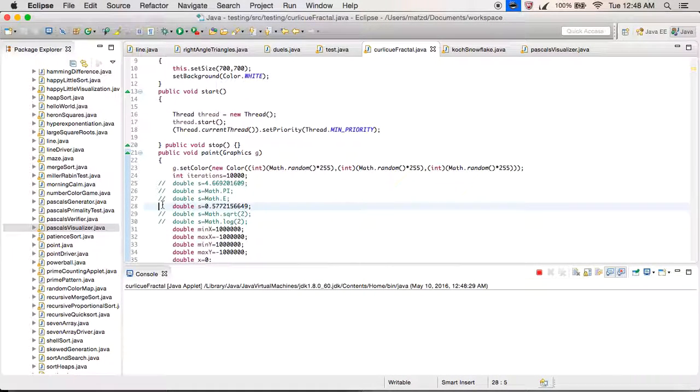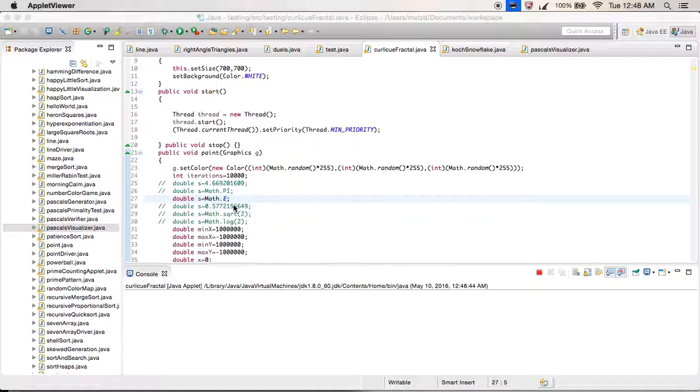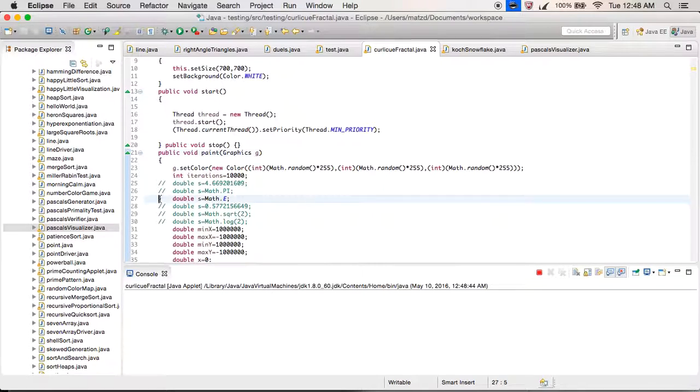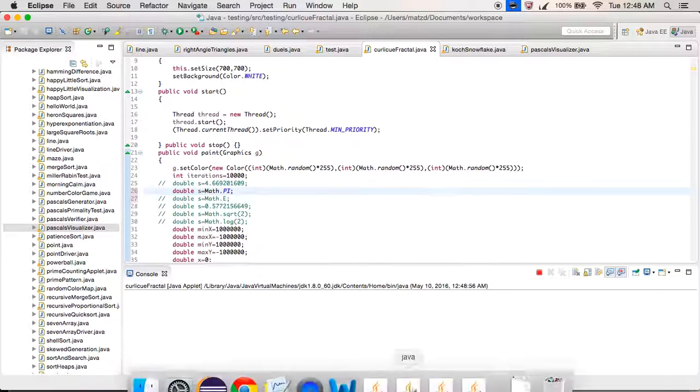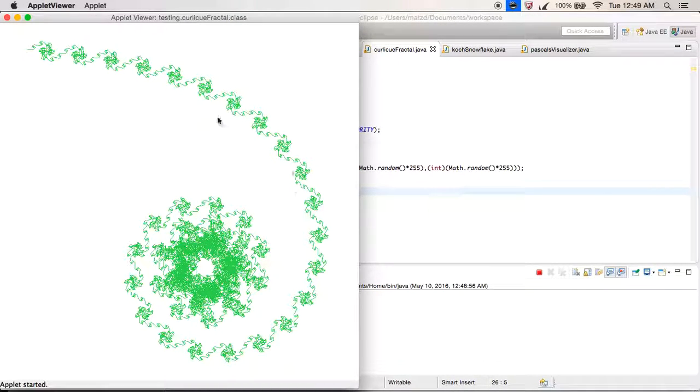In the case of the Curlicue fractal, it adds 2 pi s to an angle, and so depending on the particular s value you choose, the Curlicue fractal comes out looking differently. And so you can see some examples here, like e, pi, square root 2, etc. And these various s values make different Curlicue fractals, but you can sort of see how they have this similar repeating pattern,